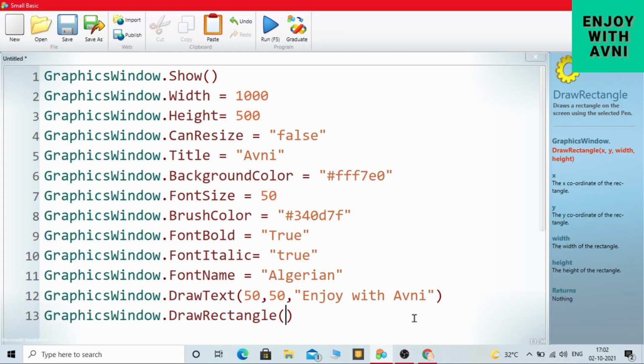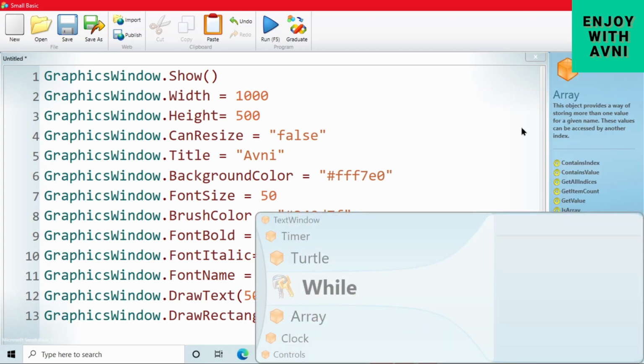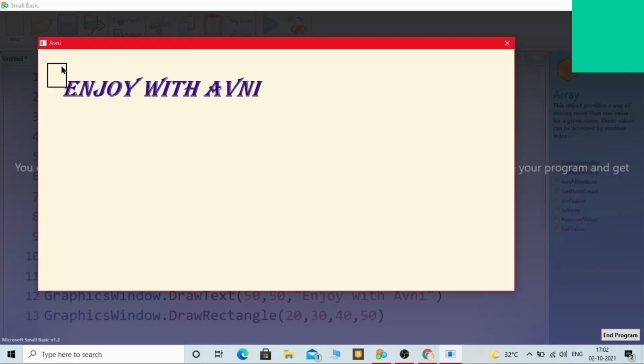Here suppose I write 20, then 30, then 40, and then 50. I wrote the coordinates over here. Let's run it. See, a rectangle is drawn over here.